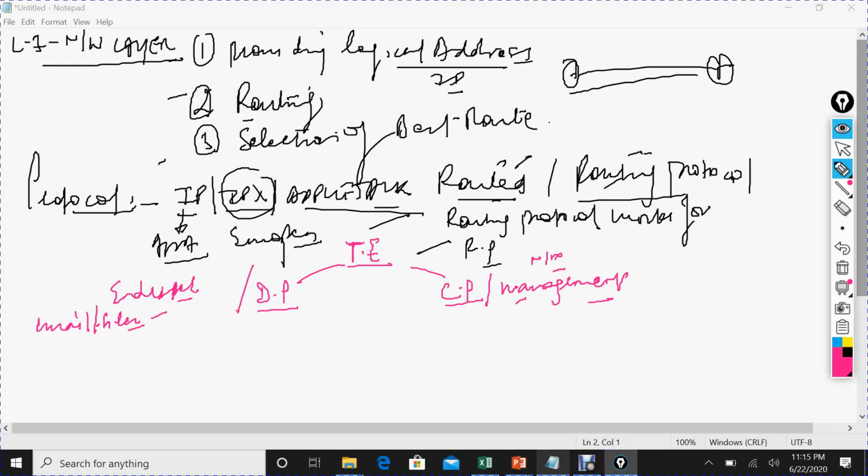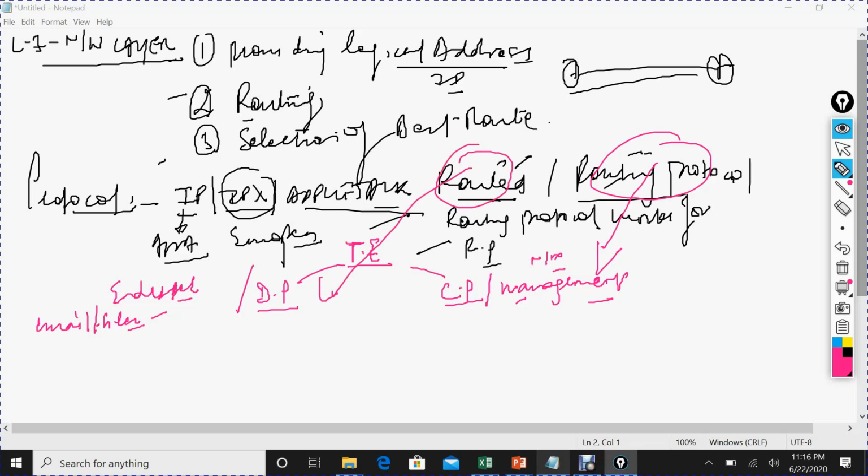Let's suppose you are accessing a router, managing it, or doing something on a router or any networking component, putting in some command, removing or adding some policy. That is all about the control plane. So that control plane traffic is related to network management traffic. Now, your routing protocol works on the control plane and your routed protocol works on the data plane.